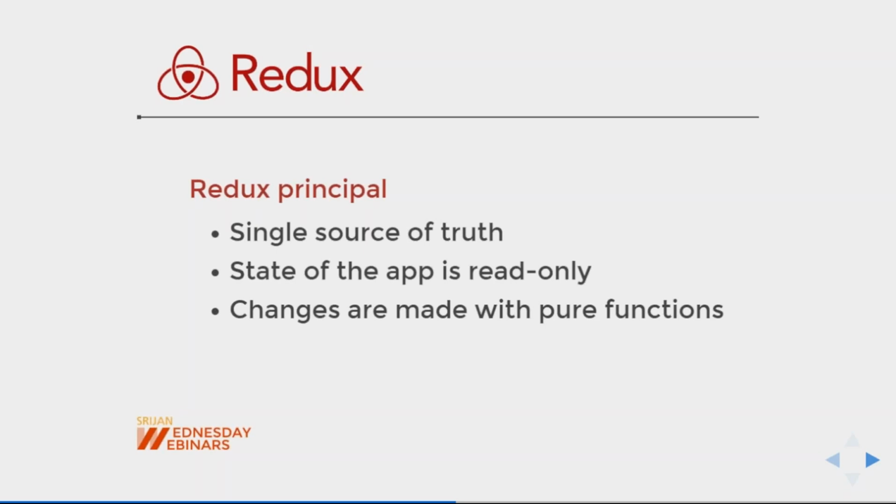State of the app is read-only. Redux is providing immutability. So whenever you update the state object by firing some DOM event, it is always going to return a new state object for your React component. And then finally, change with pure functions, one of the important terms of JS. What are pure functions? We will talk about that. We are also going to hear a new term, reducers. Reducers are actually pure functions, which provide the mechanism of pure functions.